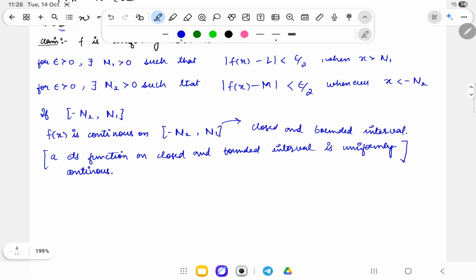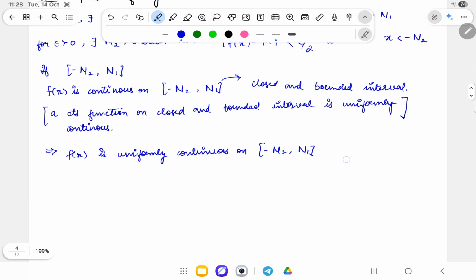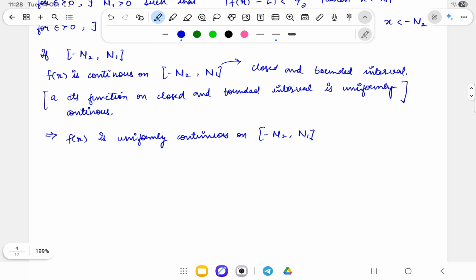So this basically proves that our function f(x) is uniformly continuous on the closed interval minus n2 to n1. Now we are supposed to prove that it's uniformly continuous on the whole real line. Now the second case arises when